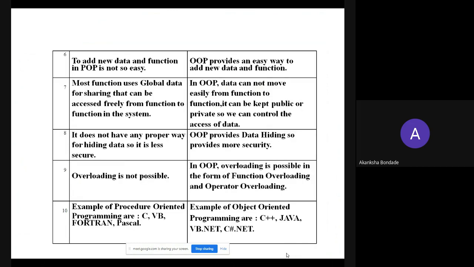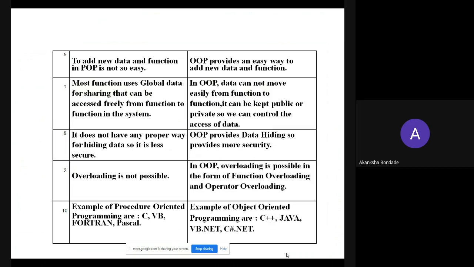The next difference is that adding new data and functions in POP is not so easy, but in object-oriented programming, it is very easy to add new data and functions because all data members and member functions are encapsulated in the class. So when we add new data, it is already known where the data is needed and which object accesses that data. So it's easy to access or add new data in the classes of object-oriented programming.